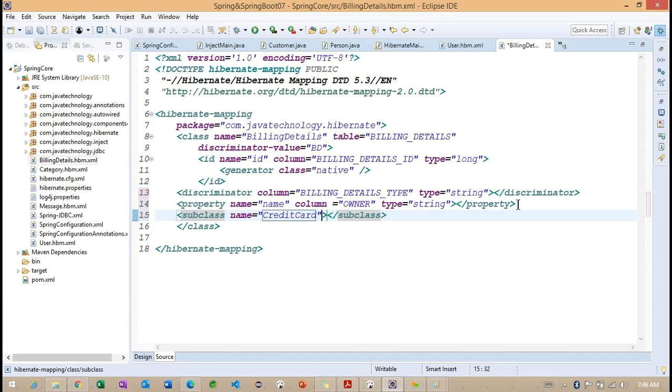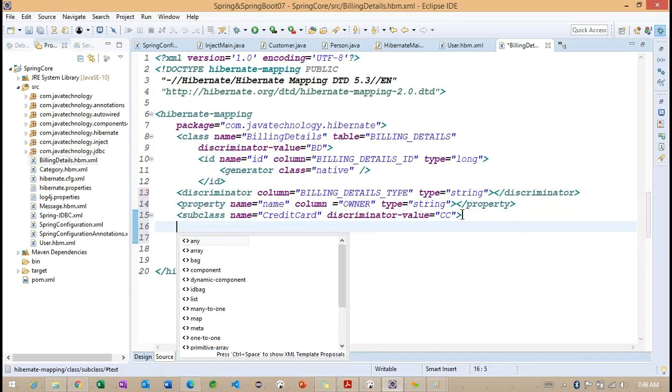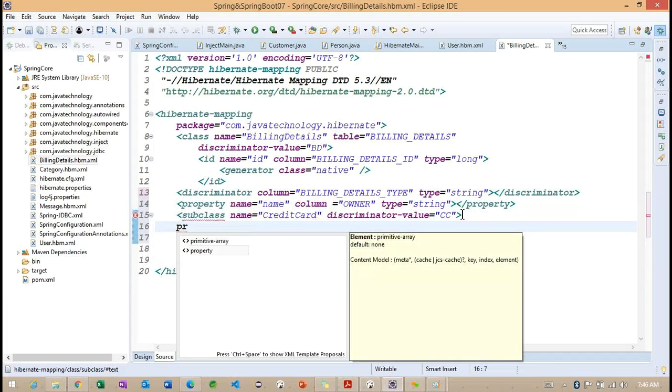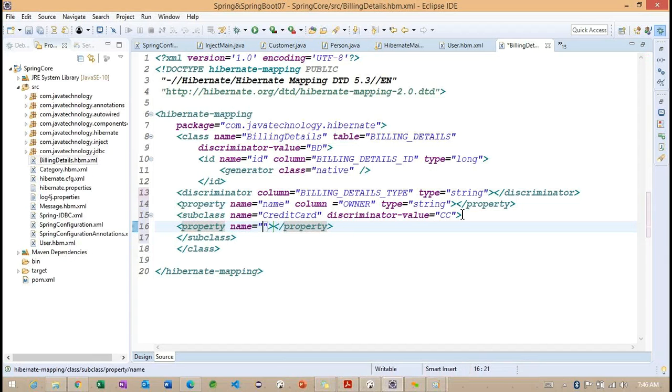Right. Here we need to specify the discriminator value. The value I want to specify is CC. CC is nothing but credit card. Right. And inside this particular subclass here, we can provide a property. So now the name I want to provide is type, and the column I want to provide.